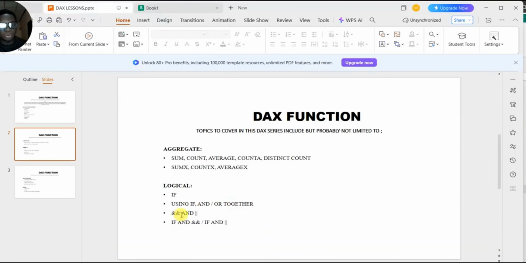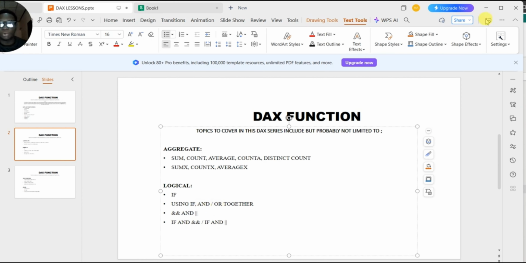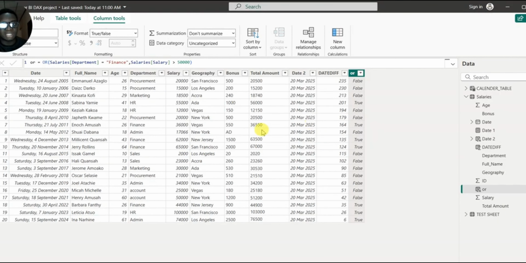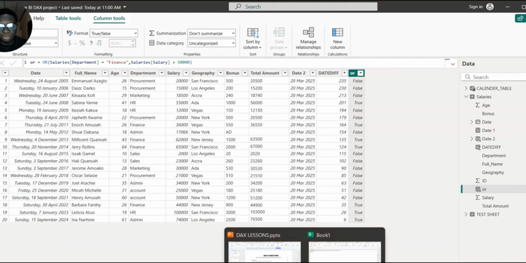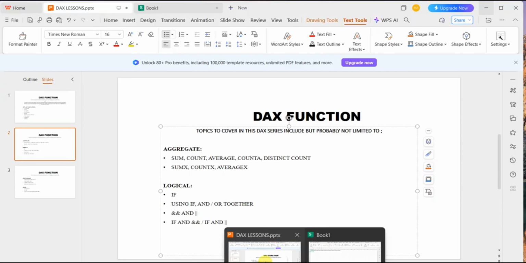So we have what we call the ampersand, and we have the vertical pipe or vertical line. Some people call it the vertical line, some call it the pipe. These two can also be used in place of the AND and the OR. Before we move on to that, for you to understand, because it's just the same thing, let's look at